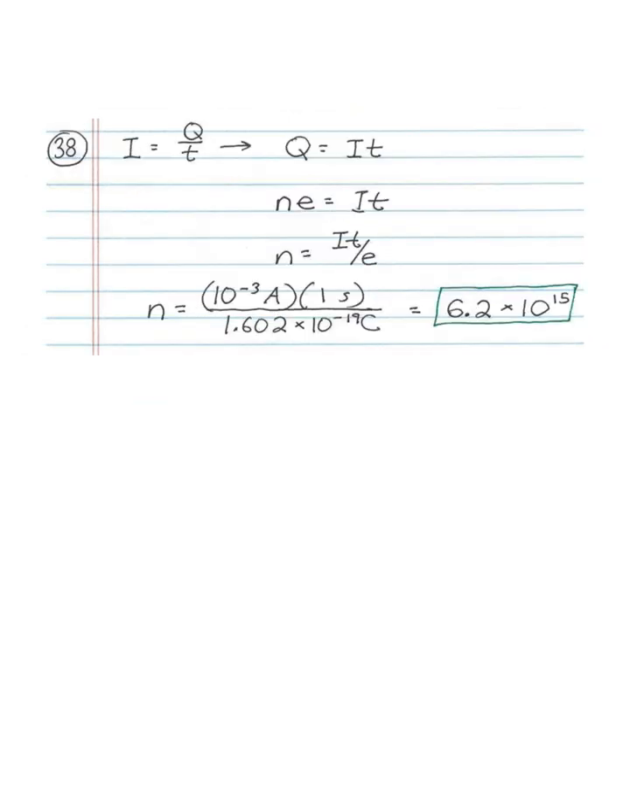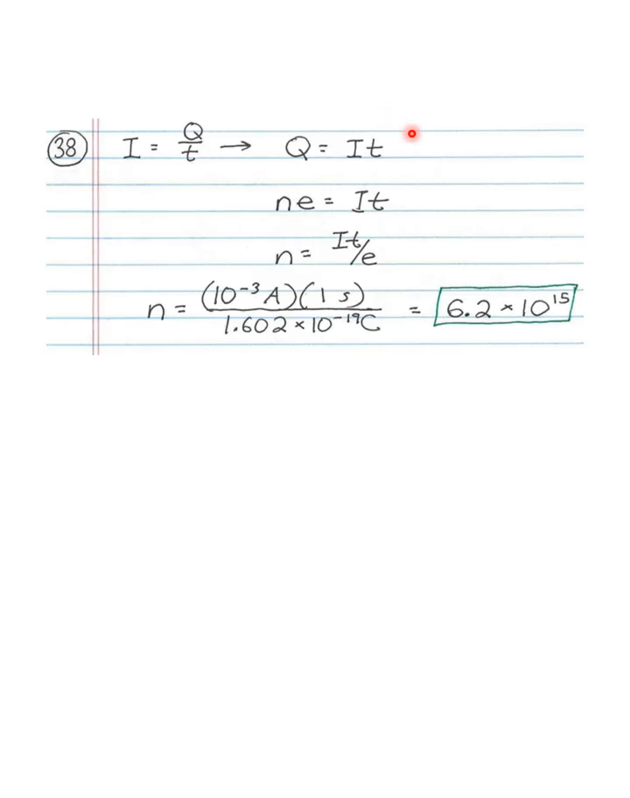Number 38, an electron beam carries 1 milliampere. How many electrons pass a given point each second? And the way we're going to relate current to the charge, or to the number of electrons, is first let's think that current by definition is charge that passes a given point per time. And that means charge is